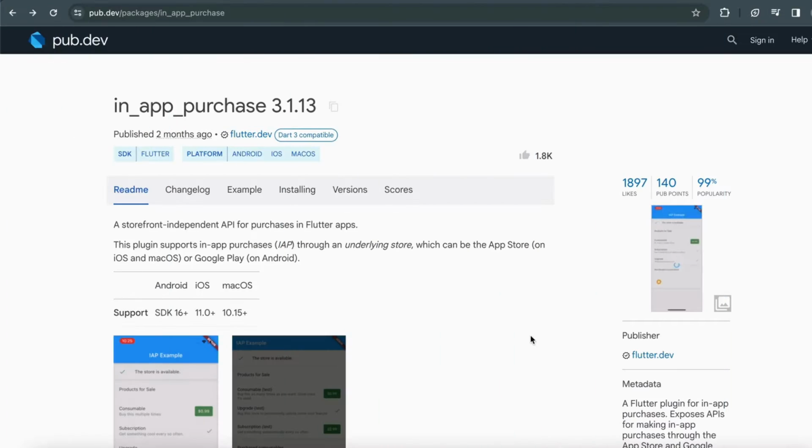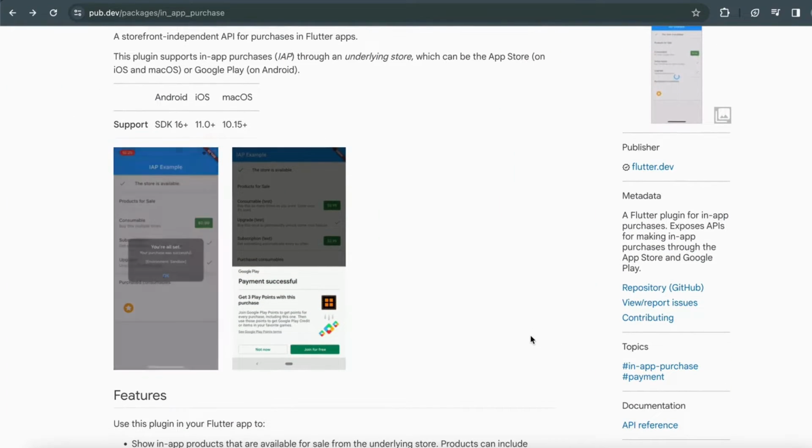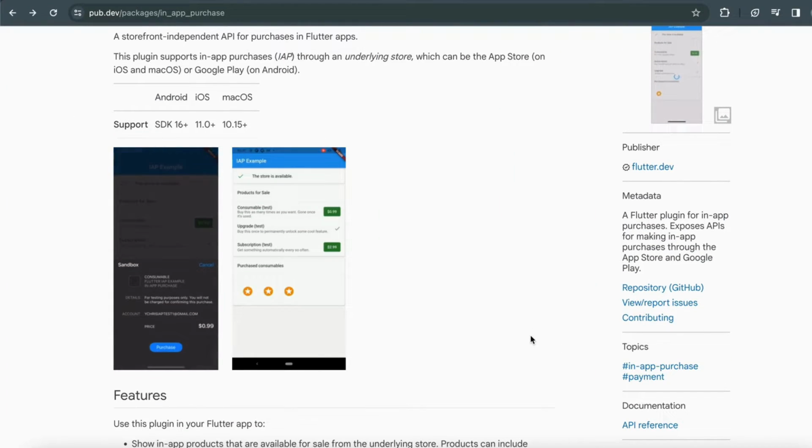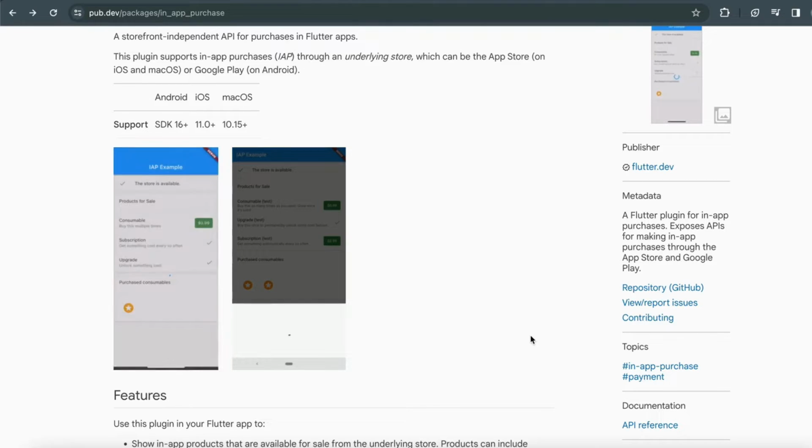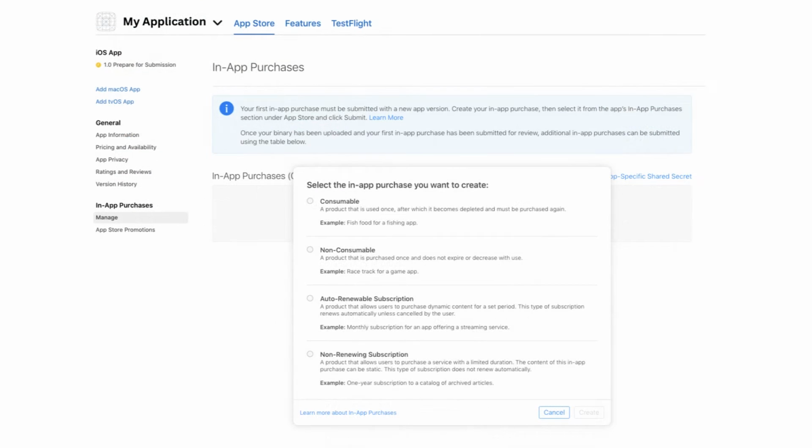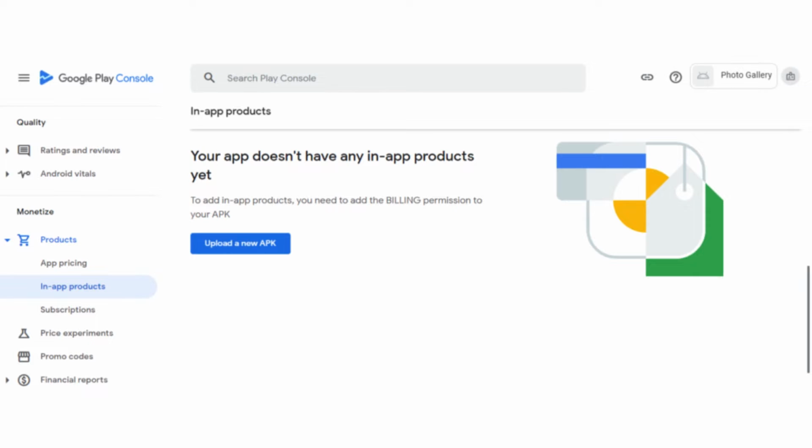There are two main things you'll need to consider. First is the in-app purchase package. This official Flutter plugin simplifies in-app purchase implementation by providing a unified API for both iOS and Android. And second thing is store setup. You'll need to configure your app in both the App Store and Google Play Store to define your in-app purchases